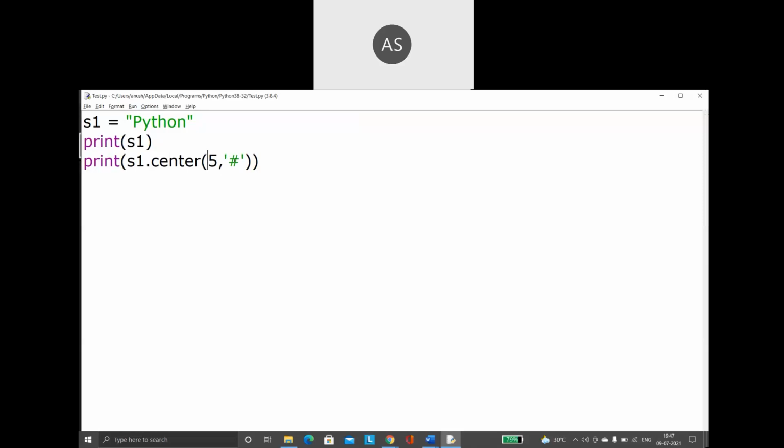The function will have two parameters, two values. First one you will specify the width. The second one you will specify the characters that you want to pad with on either side. In case your string length is lesser, this function will work. In case the width you are specifying is lesser than the length, then the function will not work at all. Okay, that is point number 1. Point number 2, what you have to understand is in case I am not giving the character. Now if I am running it like this, see what happens.